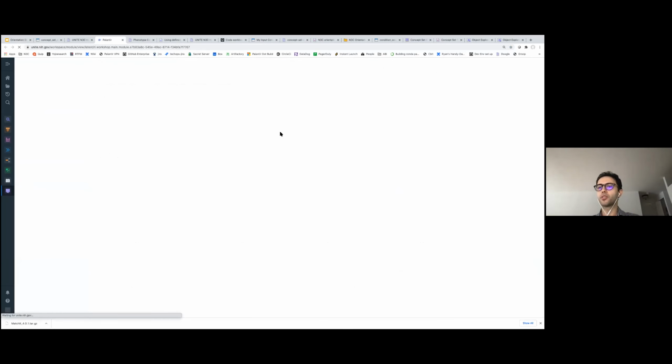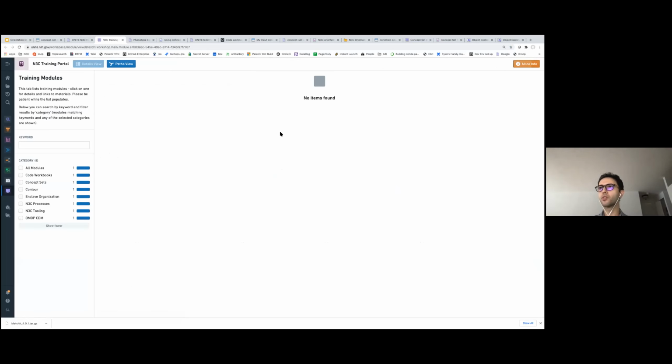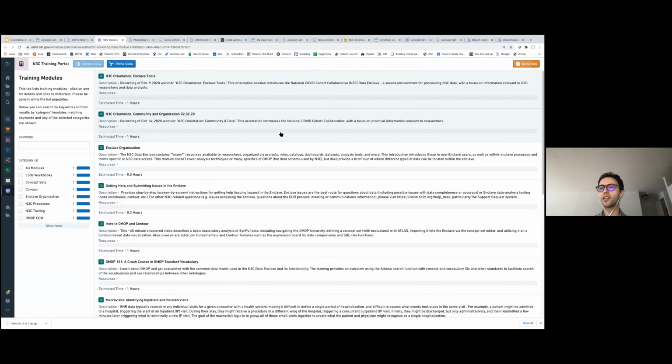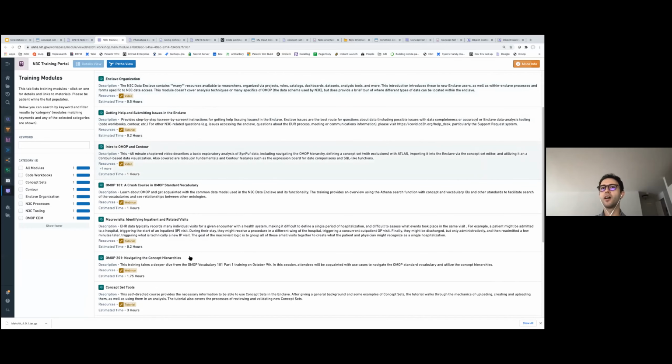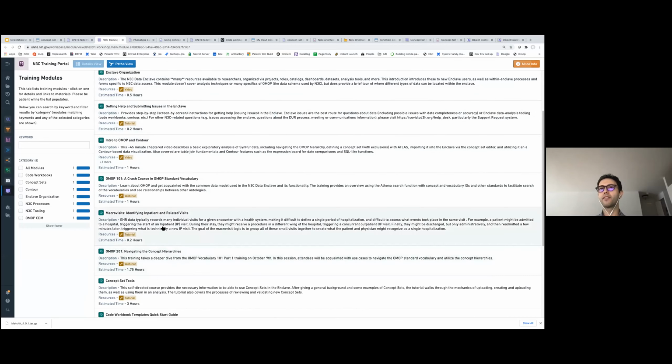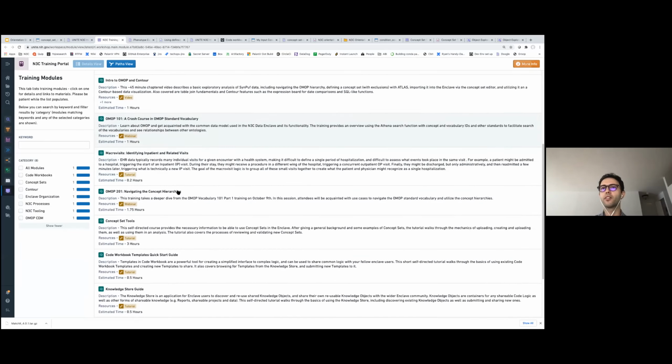The training portal is a collection of trainings and tutorials specific to the Enclave. So not necessarily just about Contour and Code Workbook, but you can see things like Enclave organization, how to navigate, intro to OMOP, a crash course on OMOP vocabularies if you want to get more familiar with the data model.